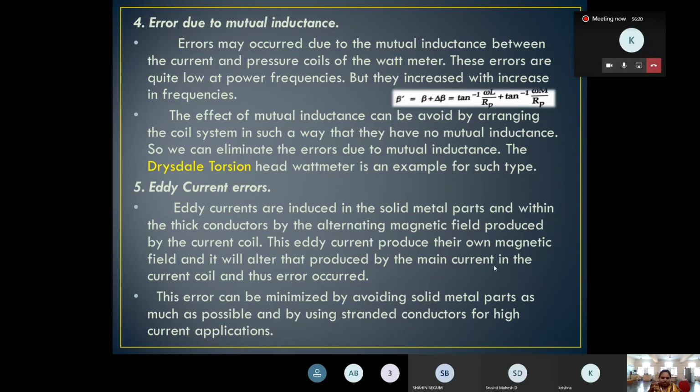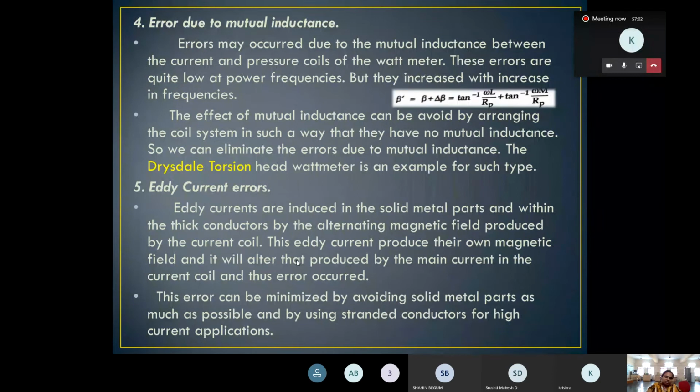Okay, here is a small example with a key. The key you are going to introduce into a lock, if it is proper, will sometimes open automatically. After rusting of the key, is it able to open? The rust you can take as eddy current. It is opposing the opening of that key, the rusting factor. That rusting is nothing but the eddy current. It is creating its own magnetic field, and then it is opposing the main current, the main magnetic field generated from the coil. That's the main point.